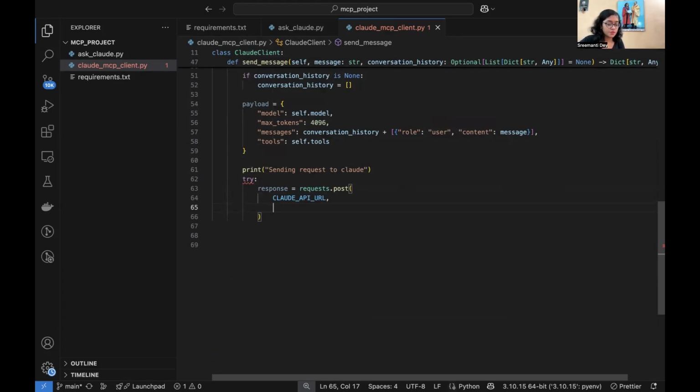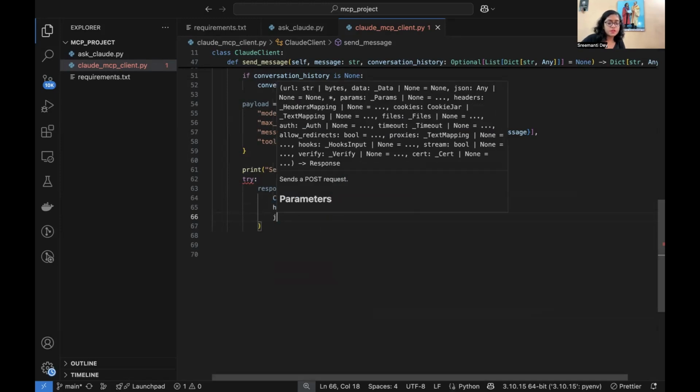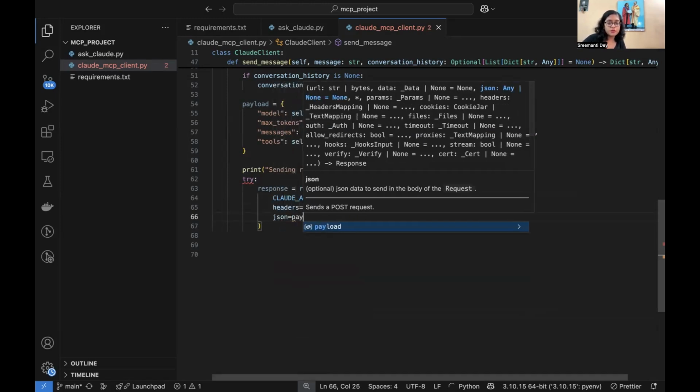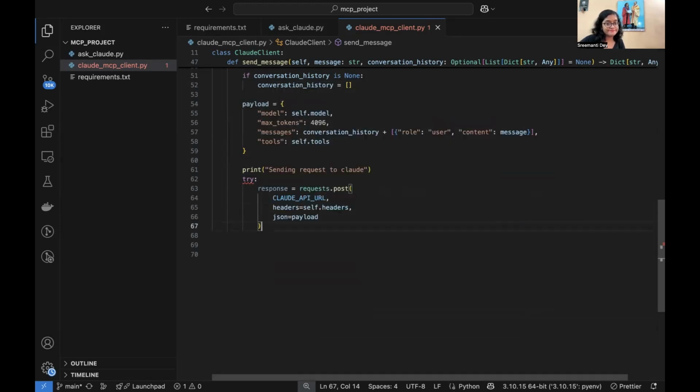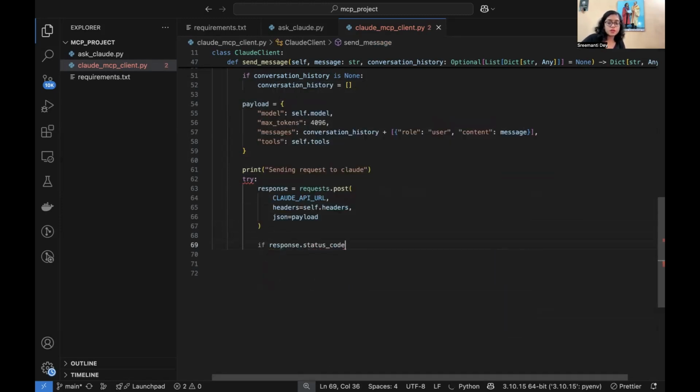Post, you have to first provide the URL, and then you have to provide the headers, and then you have to provide the JSON equal to my payload. There you go. And then if response dot status code, let's be positive that it comes out as 200, and then